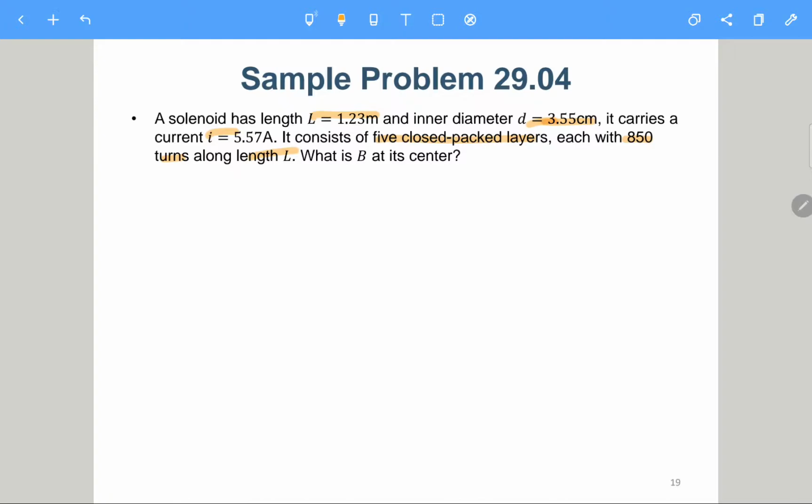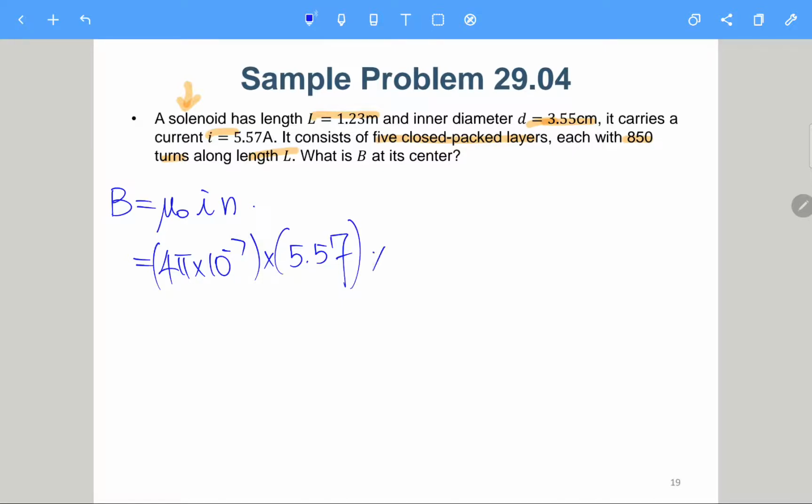So it is a solenoid, so of course we will use the equation for the solenoid. It should be B equals mu0 I small n. And of course, mu0 is nothing but 4 pi times 10 to the minus 7, and then I is 5.57. So this is I, and then times